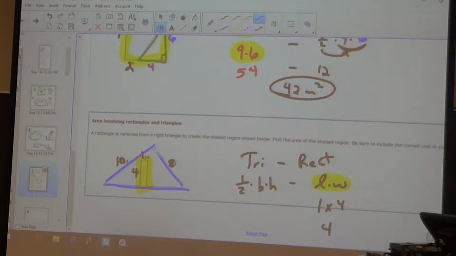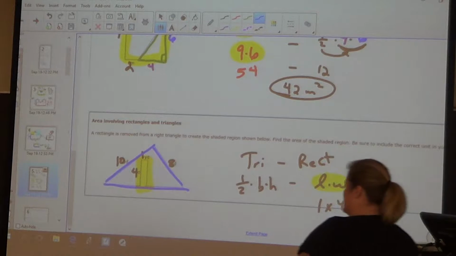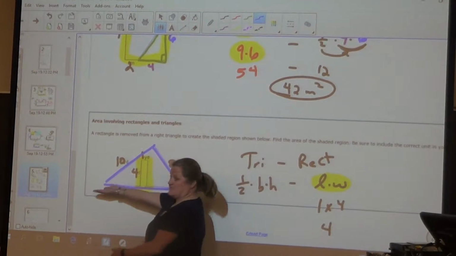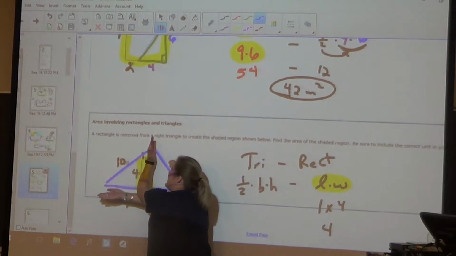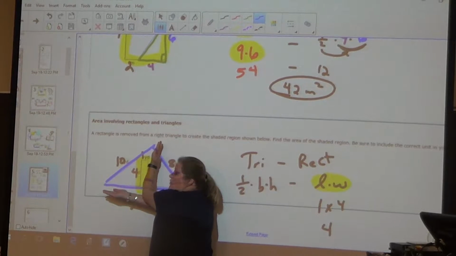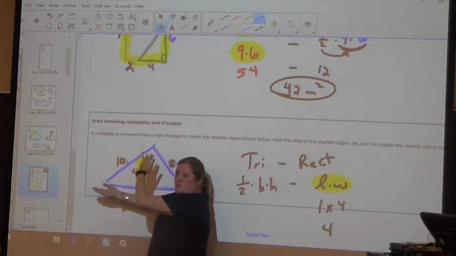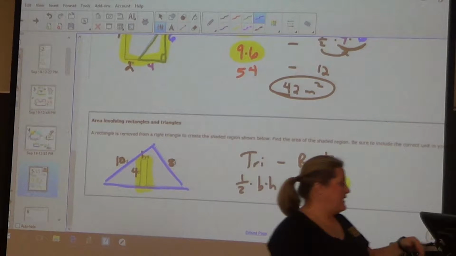This is my triangle. Now my triangle says base times height. Well, as it sits, this looks like my base. Well, if you use this as your base, then that would be your height. Well, we don't know either one of those. So if you hold your head cattywampus,